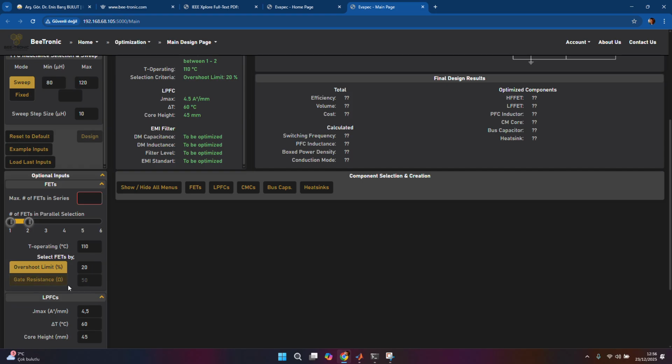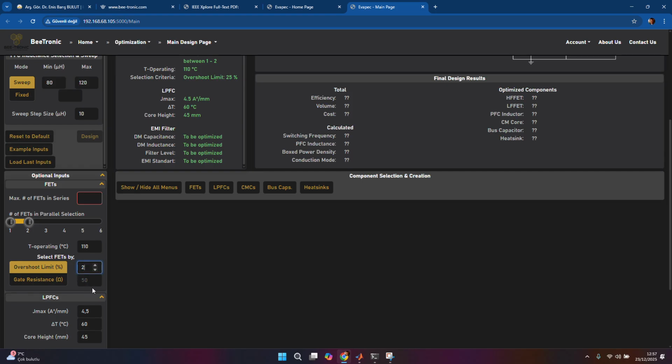However, this part is very important. This is based on a model that I presented in PCIM Nuremberg 4 years ago. This overshoot limit relies on my own gate drive strength comparison method, which was developed and presented before, as I said, by me. If you put 20 or 25 here, that means the voltage overshoot on your high frequency FETs will be limited to 25%